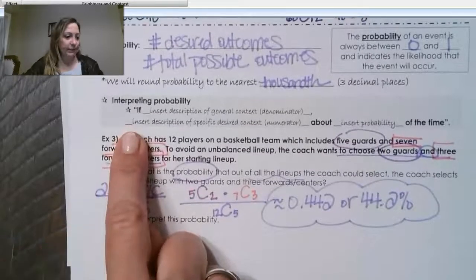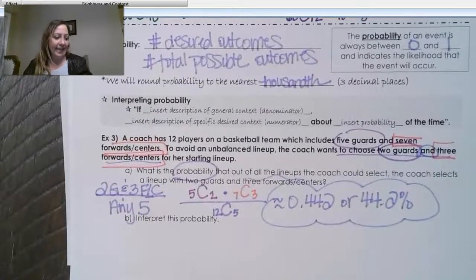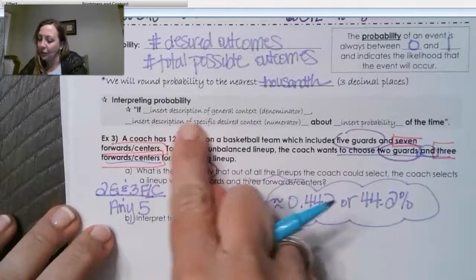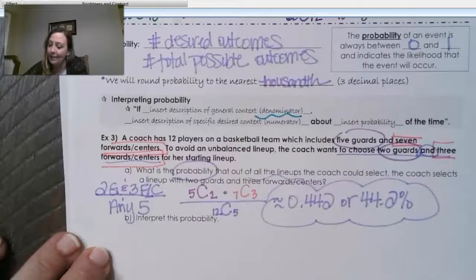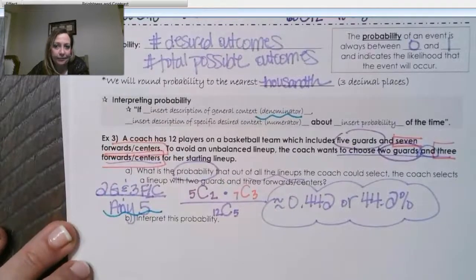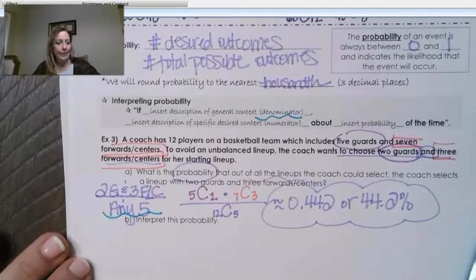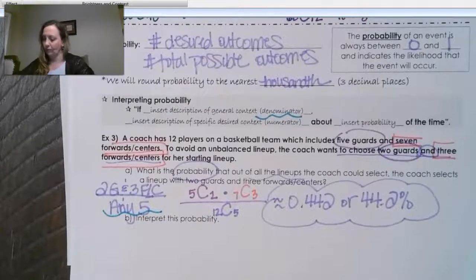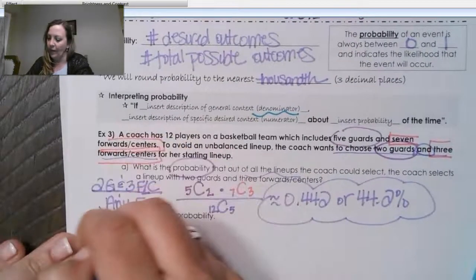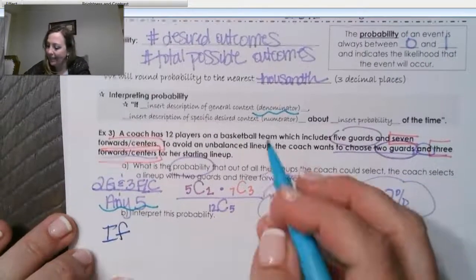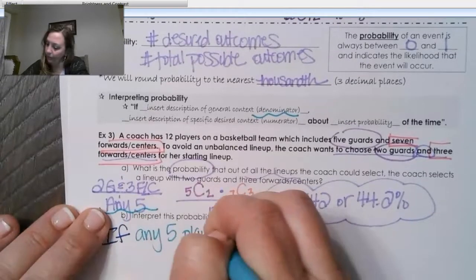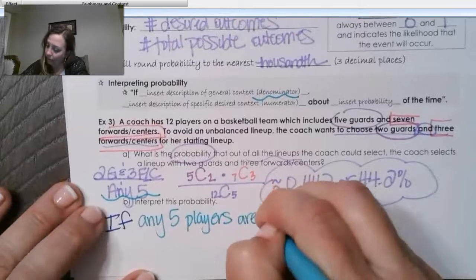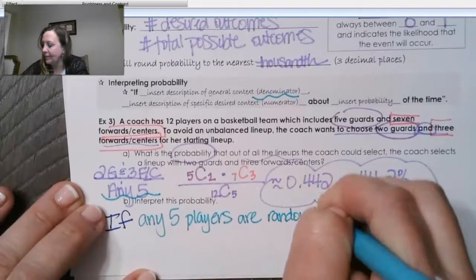So then let's interpret this probability. Basically, when we interpret the probability, we're going to say if, and then we're going to insert a description of our general context, which is our denominator. And our denominator here was picking any 5. Okay, so let's start that way. We can say if any 5 players are randomly selected,